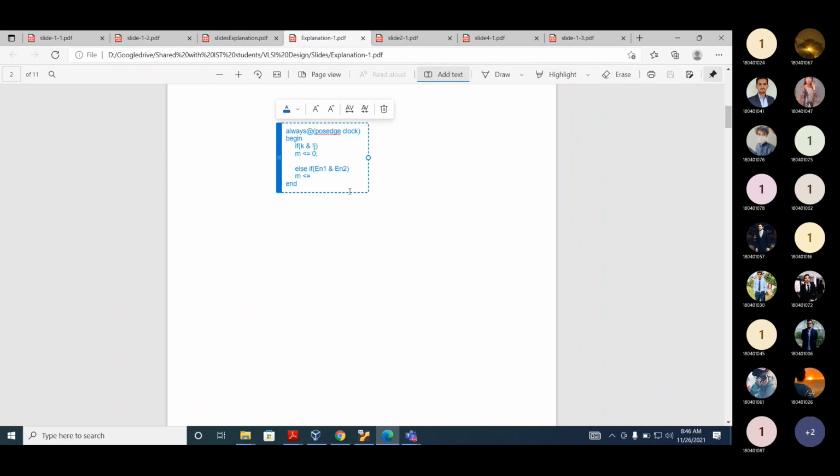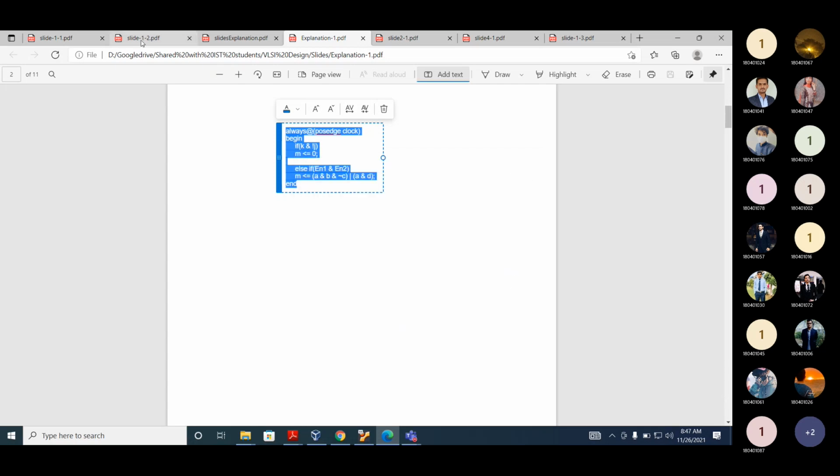Now actually if you look at here, A and B and C bar or A and D. Let's assume we want to implement this function. This is a very simple function. Is it a combinational function or a sequential function? Sequential function. Why is it a sequential function? Because we are using a clock. Okay.